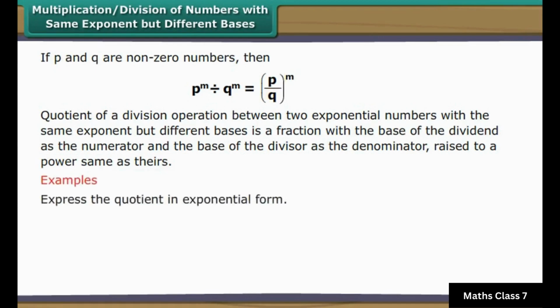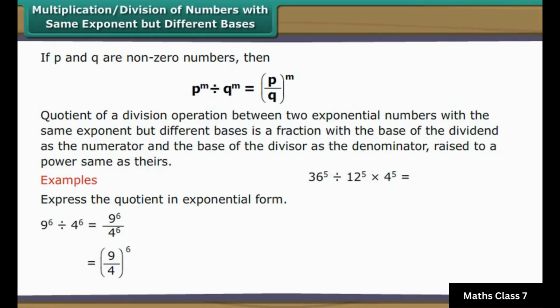Express the quotient in exponential form. 9 raised to the power 6 divided by 4 raised to the power 6 is equal to 9 raised to the power 6 upon 4 raised to the power 6, which is 9 upon 4 whole raised to the power 6. Similarly, 36 raised to the power 5 divided by 12 raised to the power 5 into 4 raised to